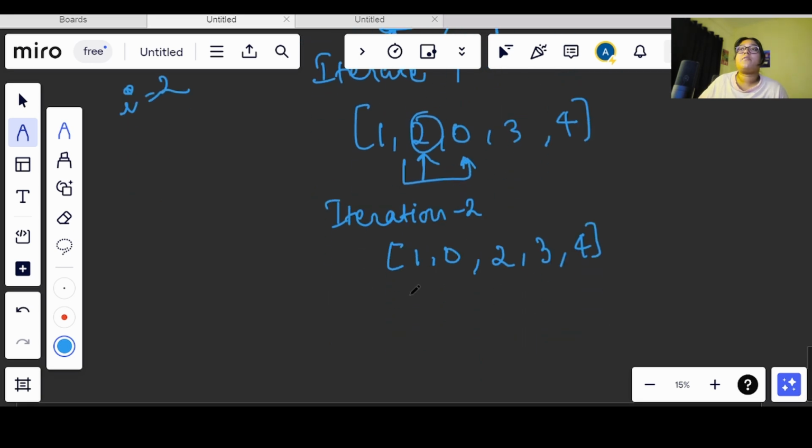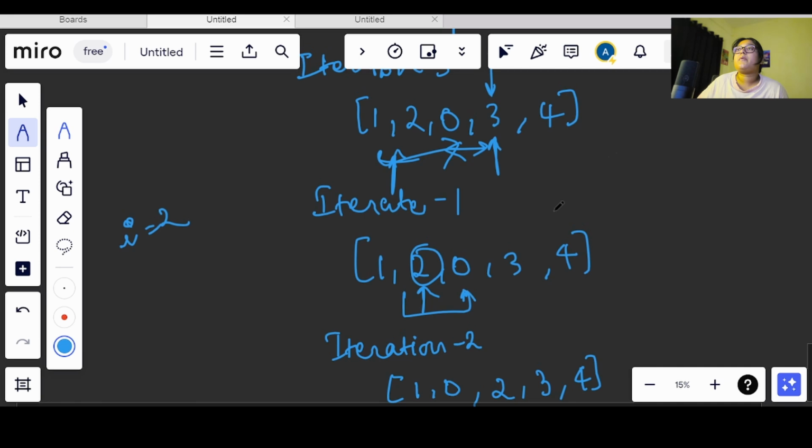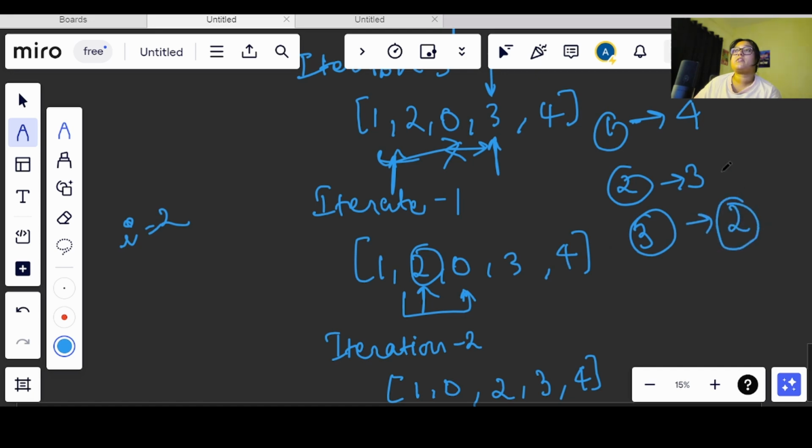So now what we have to do, we made 4 comparisons in the first iteration. When I became 1, we made only 3 comparisons. Now when I became 2, we made only 2 comparisons, right? So if it was n minus 1, then this became n minus I minus 1, right?